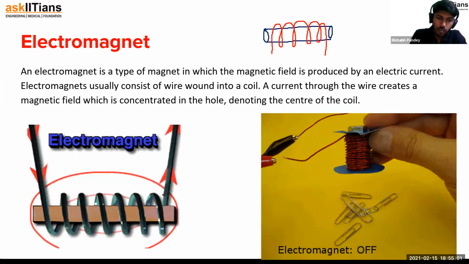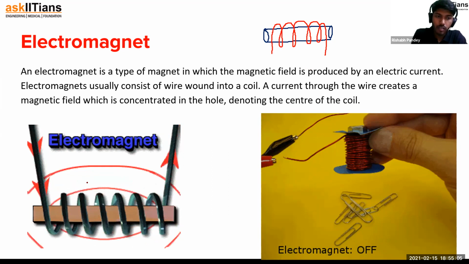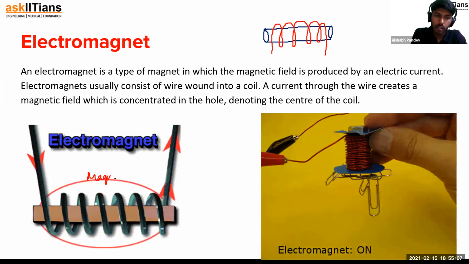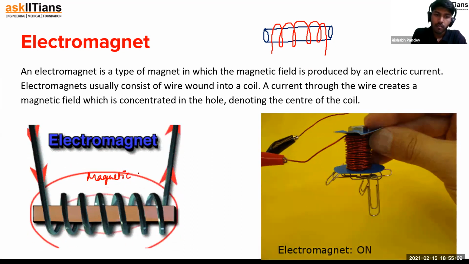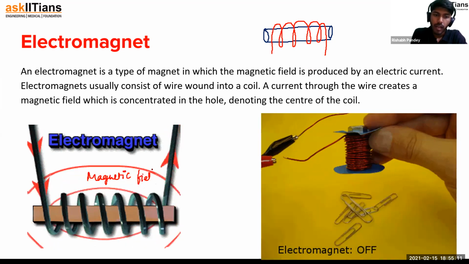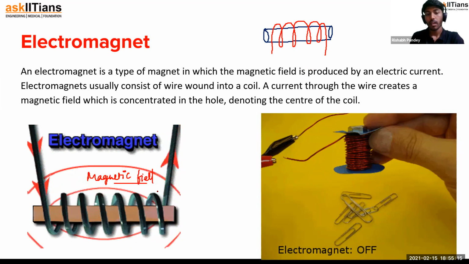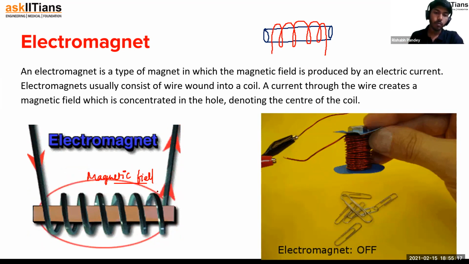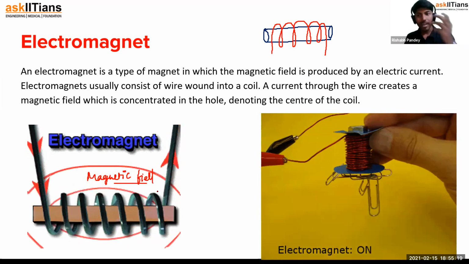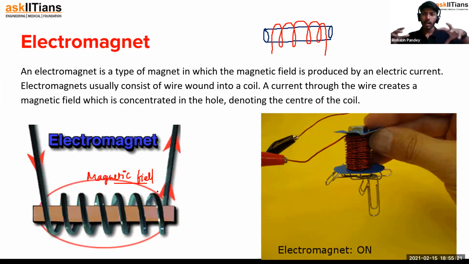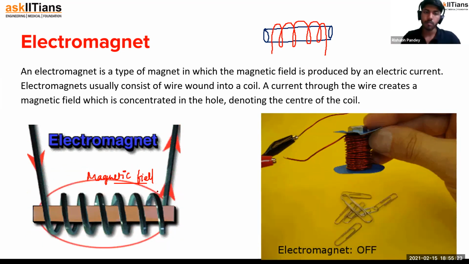Now, as you can see, the current is flowing in this, and due to the flow of the current, these are the magnetic field lines. A magnetic field will be produced over here. And since the magnetic field is produced here, this could be used for scrap work. Can you imagine that? I mean, if I want